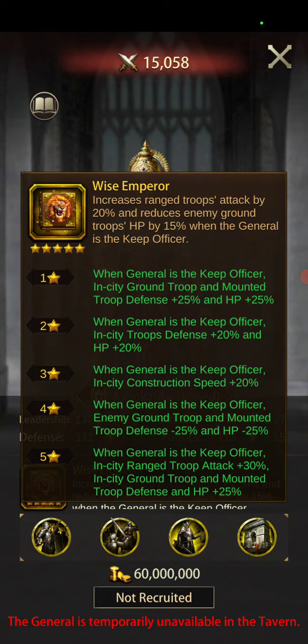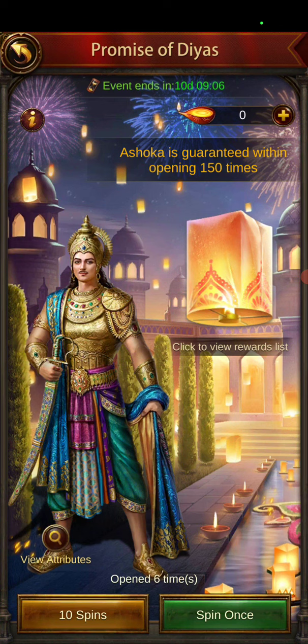And then 4 is basically the same thing as number 1. And then 5 is you get in-city range troop attack, in-city ground troop and mount troop defense and HP again. So this is really good for buffing up those important stats like ground troop defense, ground troop HP, mount troop defense, and mount troop HP. For your defense, so that your mounts don't die very easily, and you can survive those archer rallies. So Ashoka is super worth getting, but unfortunately,